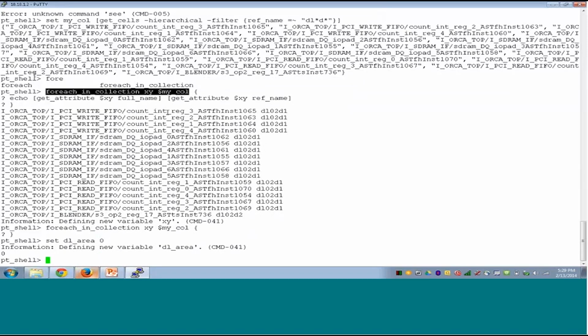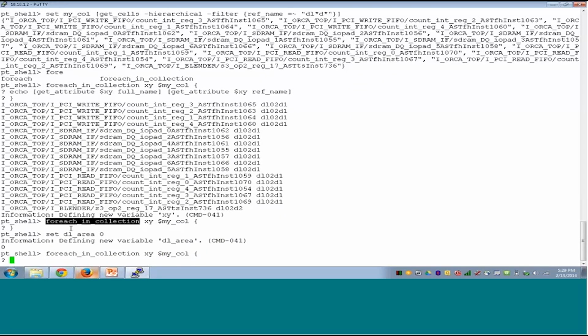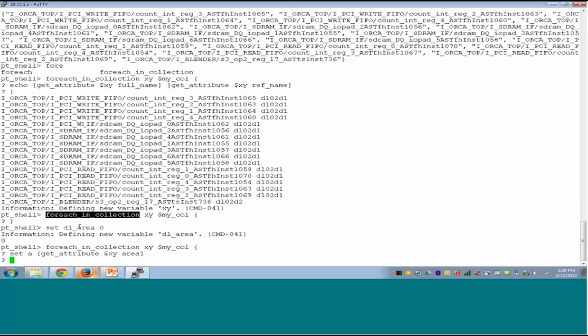Now what I'll do is, for each collection, I'll do xy. I'll do $my call. Then I will set the area to be a variable: get attribute $xy and area. So this will store the area value in A, and then I will set DL area, and so the command